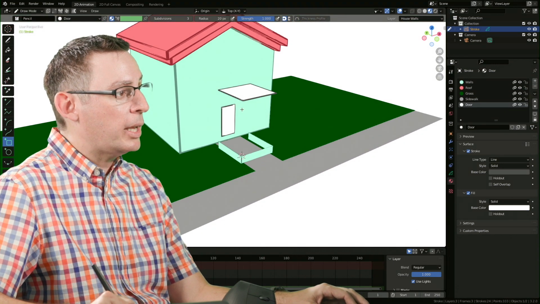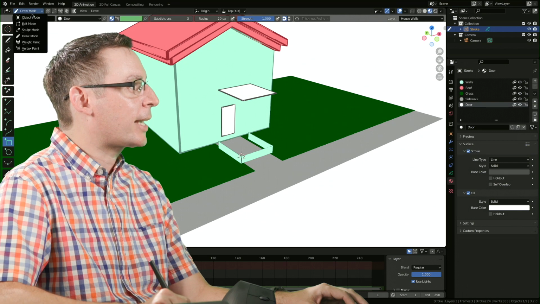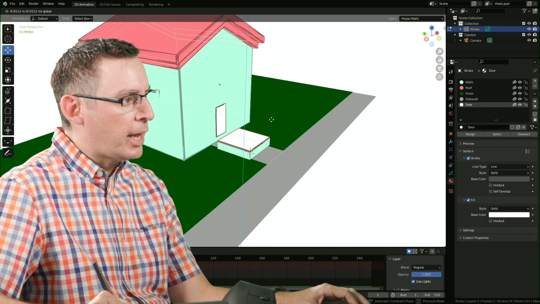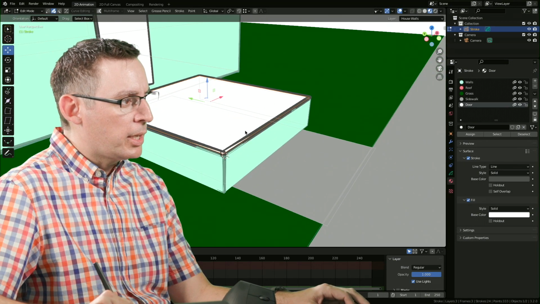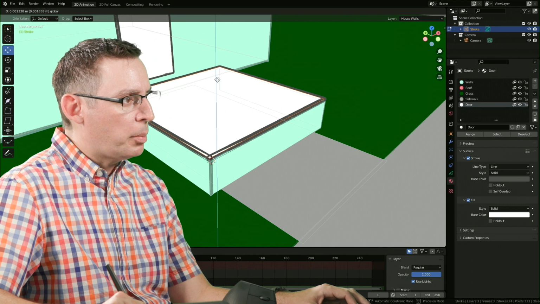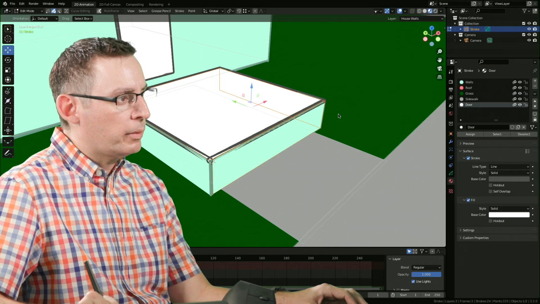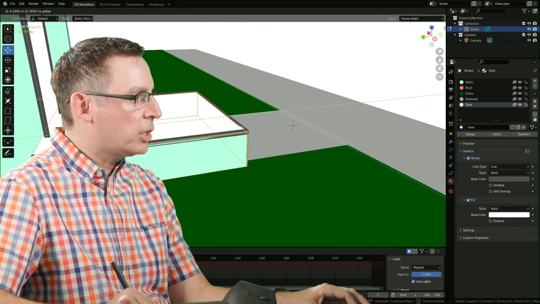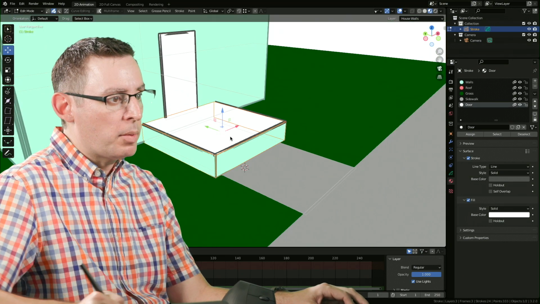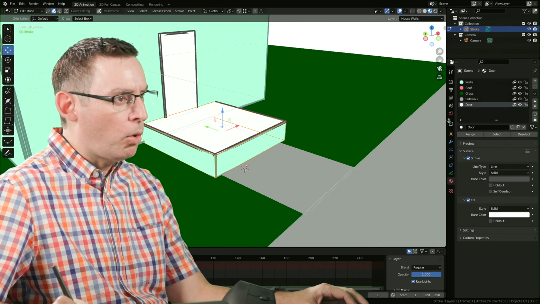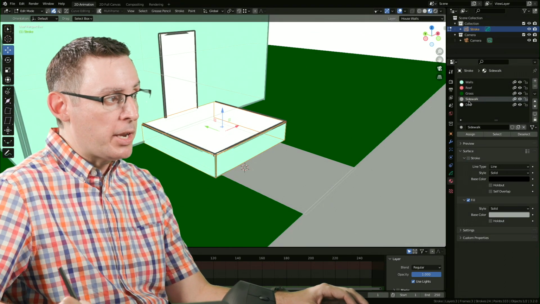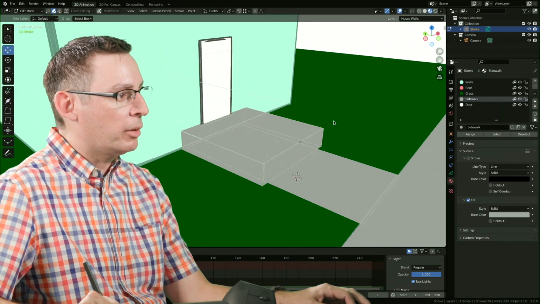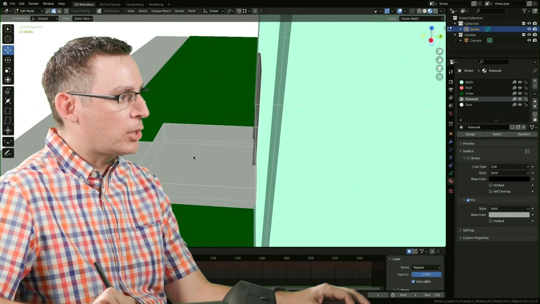Now, I forgot to change the placement of this on accident. So luckily for me, I can just go back in, go into stroke selection mode, pull that guy down. And now we're starting to get something that looks and feels like a little patio for our little friend to sit on. Let's grab all of its component pieces, move it into position, kind of in the house. Let's also give it the appropriate material, because right now, all of those have been assigned to a variety of them. So with them all still selected, I can go into the material library, assign them to the concrete material. Yeah, there we go. That's starting to look pretty good.